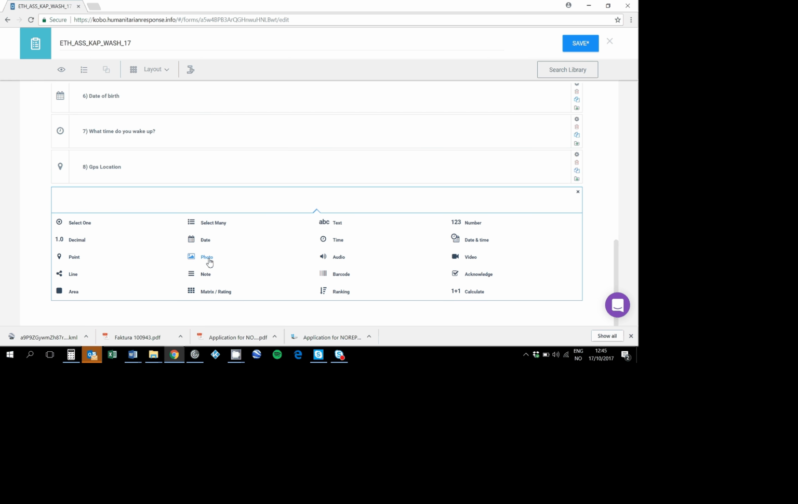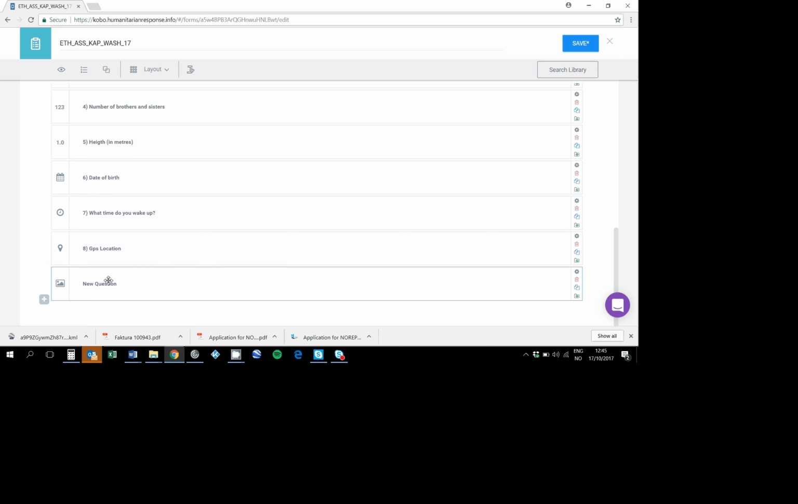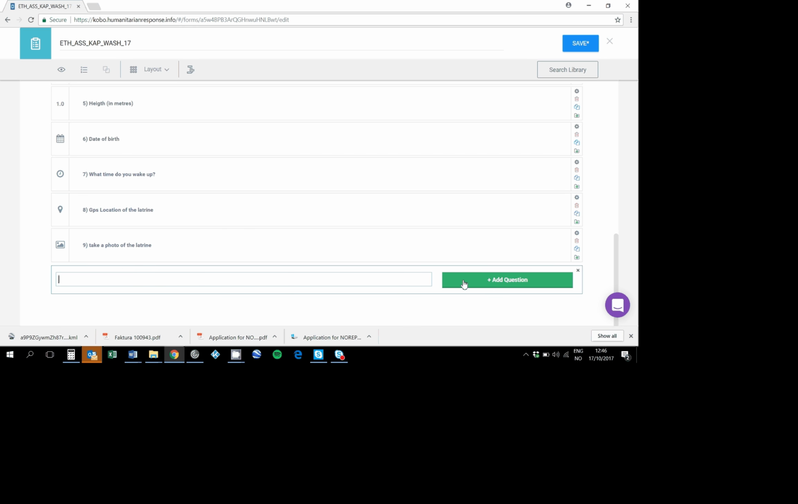And then a photo. The questionnaire will ask you to take a photo. Take a photo of the latrine, for example. GPS location. So this will be, for example, GPS location of the latrine, and this will be the photo of the latrine. And then we can have number 10. It will be